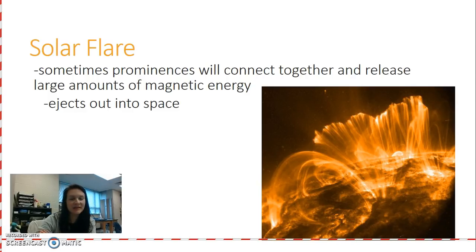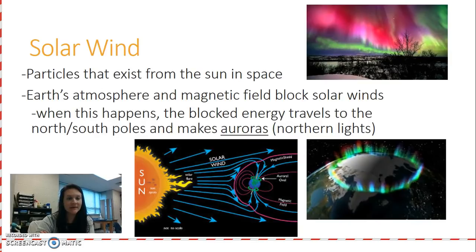Okay, so one more thing to know. It's called solar wind. Solar wind is just a general term for particles that exist from the sun out in space. So solar wind is not really a bad thing. It can get worse during solar flare times, but solar wind is not necessarily a bad thing. Luckily for us, we have our atmosphere and our magnetic field that protects us. It blocks out a lot of this solar wind. As you can see in this picture here, sometimes they can interact with our magnetic shield and it will travel to where our magnetic fields